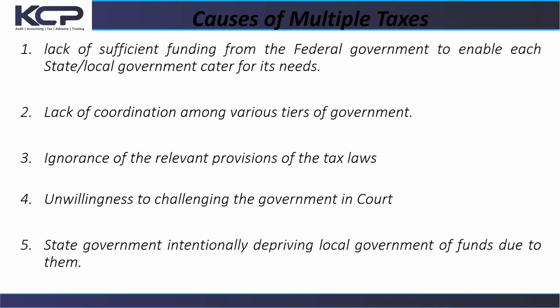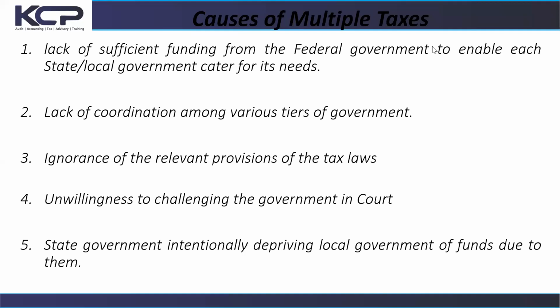I think the last one that we have here is the causes of our multiple tax system. One is lack of sufficient funding. That is the excuse that the various arms of the government have put forward. They claim that they don't have enough money, so there is no way they will get the necessary money to fund their processes. Therefore, they have to duplicate, coming under the disguise of different names as a way of collecting more or different forms of taxes, or the same form of taxes in a different way.